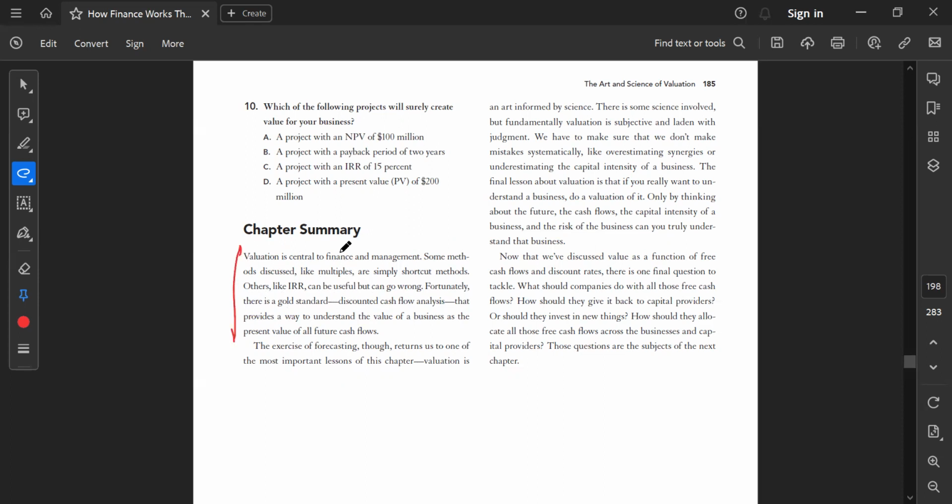ओके, सो जैसा कि हमने पढ़ा कि वैल्यूएशन किसी भी फाइनेंस या फिर मैनेजमेंट के लिए सेंट्रल फंक्शन है, और कुछ मेथड्स जैसे कि मल्टीपल्स बेसिकली शॉर्टकट मेथड होता है वैल्यूएशन करने का, और कुछ जैसे कि इंटरनल रेट ऑफ रिटर्न में जैसे मेथड्स में बहुत कुछ गड़बड़ हो सकता है। किस्मत से हमारे पास एक गोल्ड स्टैंडर्ड मेथड है जो कि डिस्काउंटेड कैश फ्लो एनालिसिस, जो कि एक अच्छा तरीका है। वो कैसे काम करता है कि सारे फ्यूचर कैश फ्लोज को आइडेंटिफाई करके उन्हें जो है